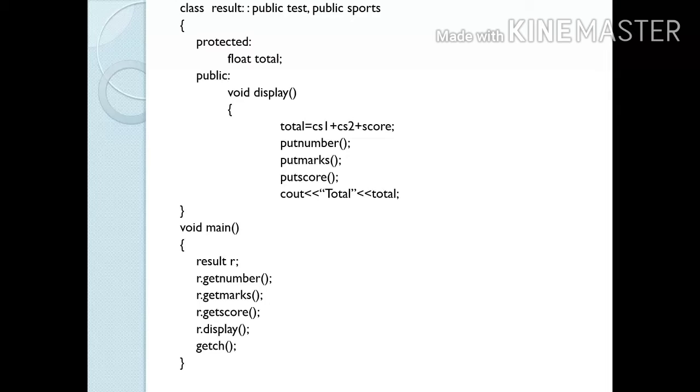In the result class, I have created one more variable, that is total, and I am just displaying the total. So total of CS1 and CS2 and score. Then put number means enter the roll number. Then put marks means CS1 and CS2 marks. Then put score means score of sports. Then you are displaying the total.